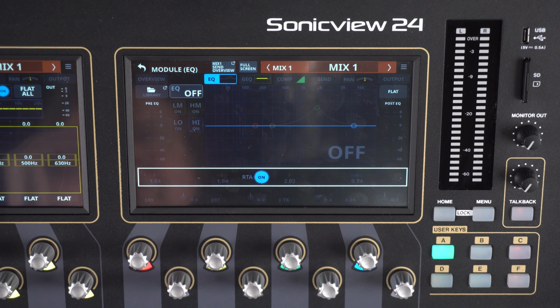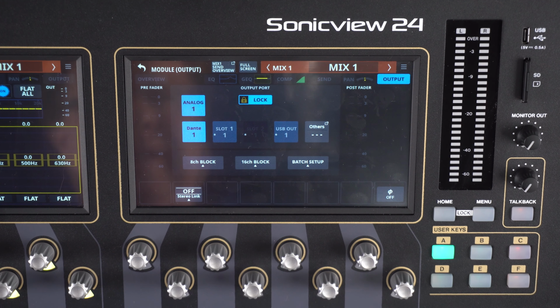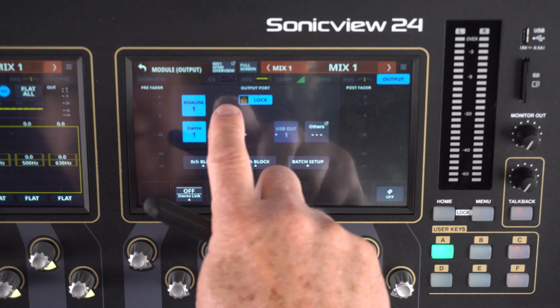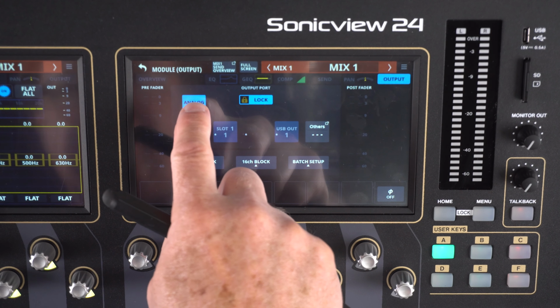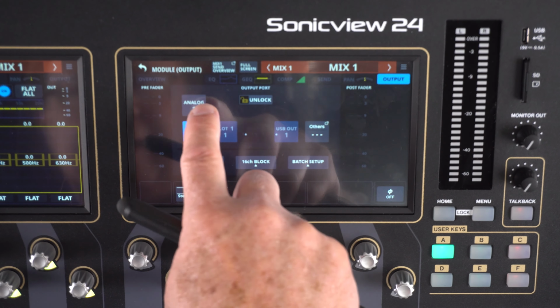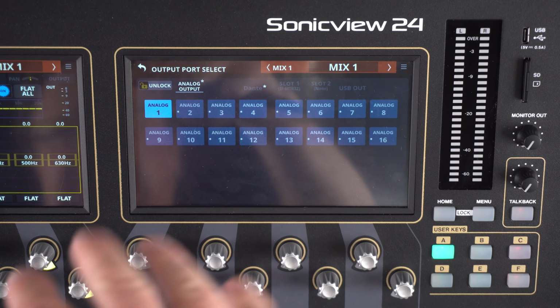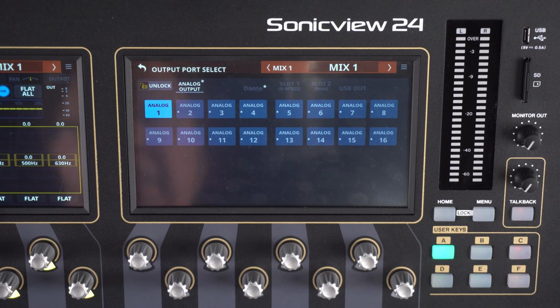Okay, so let's say we have our Mix 1. We've got it compressed. We have it EQ'd exactly how we want to use it. It's right now set to be 9 through 16 for the vocals. And we want to output that for some monitoring capability or in your monitors, or however you want to flow that. So right now, Mix 1 is set to analog 1 output. And I'm going to unlock that. And I can go to output and choose any of the analog outputs I want to flow Mix 1 through.